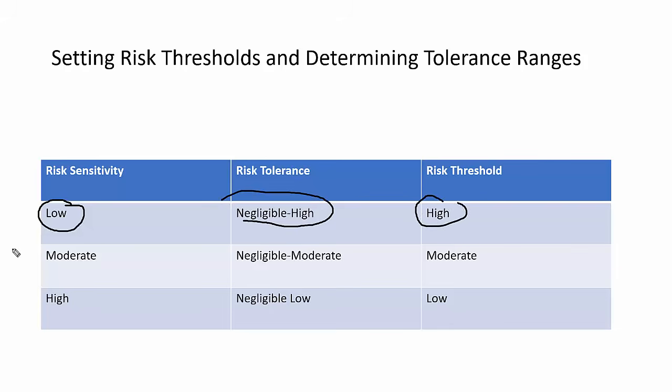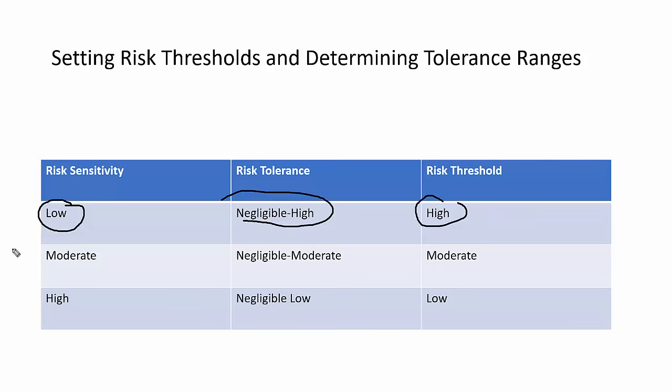What is the meaning? See, if I am running a startup, for example, I don't have anything to lose. I'm in a business where I want to earn customers. I want to build competition. I want to buy more business. So in that case, I will take more risk. So in that case, my risk tolerance will be high because I don't have anything to lose. But companies like the Big Four or banks, recently SVB and all that, even when they take a minor decision, they have a big impact. So in that case, from their perspective, their risk tolerance is low because they know very well that if they go for any risk in any activity, they'll have a big impact.